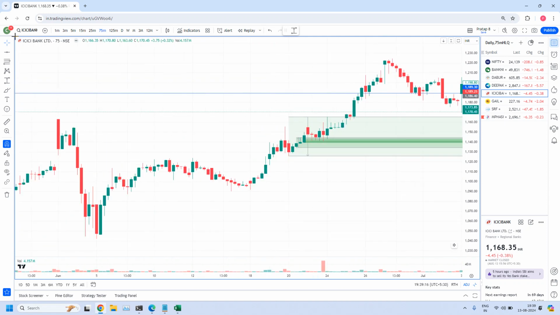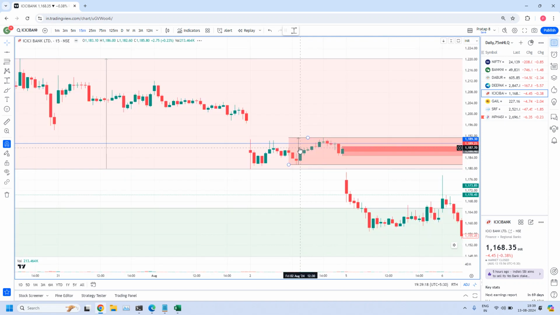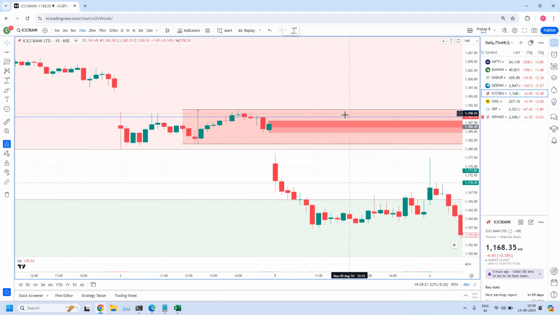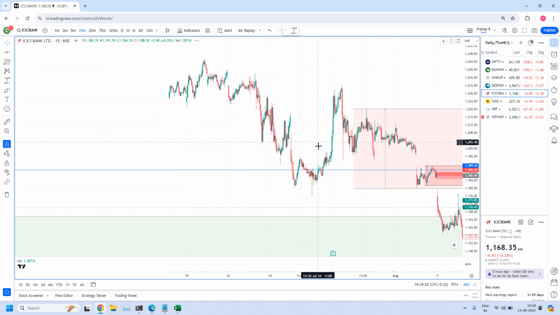The 75 minute zones. Inside the 75, again we fine-tuned with 15 minutes time frame. Here you have a drop, base and again a drop candle in the supply zone. This is the 15 minute zone. And when it comes to the